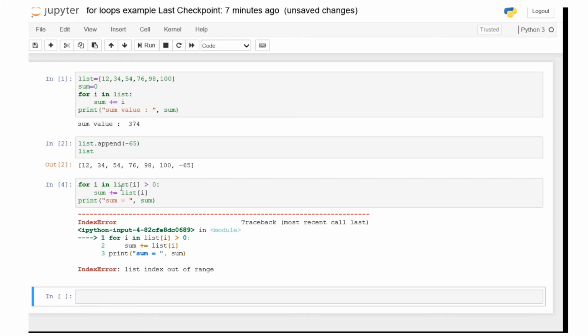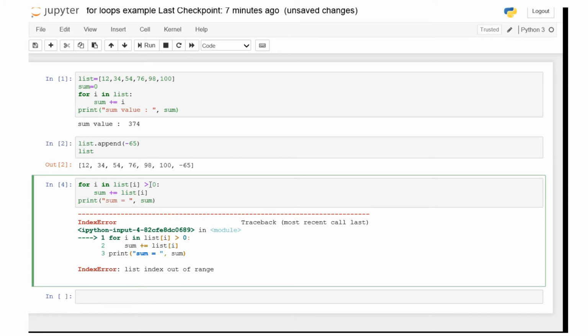So I think the loop is getting executed one more time. Greater than our list of bytes. One more time it is getting executed. So what we have to do, the list out of range means we have to change the value of I. The I value will start from 0 now: 0, 1, 2, 3, 4, 5, 6 times. So if it has to execute only 5 times, we have to change the loop.